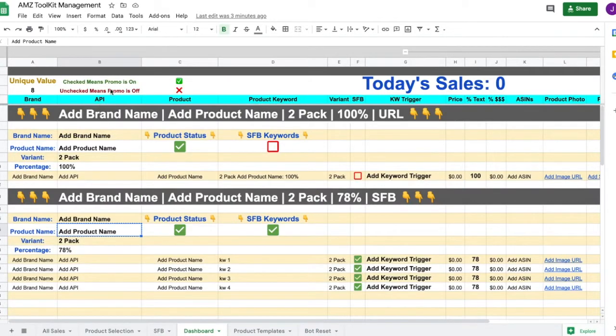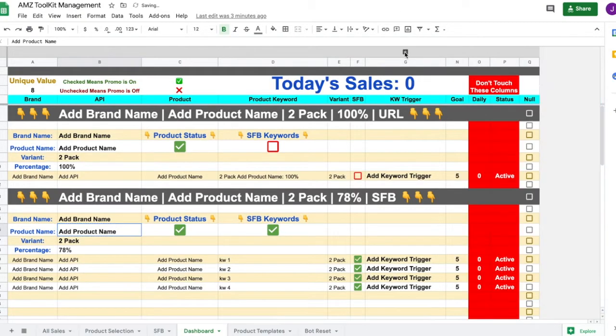Next thing you see is just a brief explanation about how the product status checkboxes work. Let me just go ahead and collapse this so you can see. If the checkbox is on, then the product status for that product is going to be active. If I untick this, it switches over to expired, and that means the promotion has ended. So whenever users try to get this promotion for this specific product, they will get a message that says it looks like the promotion for this item has ended, and then it gives them options to check out the current